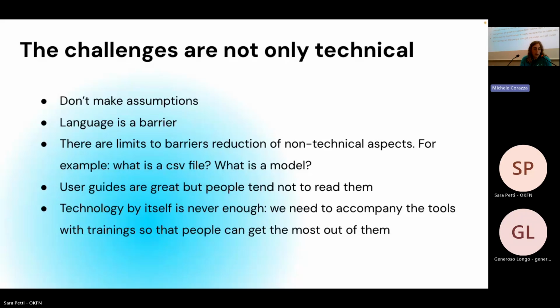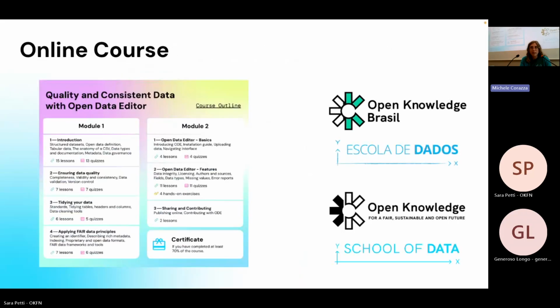So one of the decisions that we took was to build an online course, which is freely available online, developed together with our partners, the network members, Open Knowledge Brazil. And we have a module, which is a general module on best data practices, best practices, principles, and stuff like this with fun exercises as well. And then a second module which concentrates on how you can get there using tools like Open Data Editor.